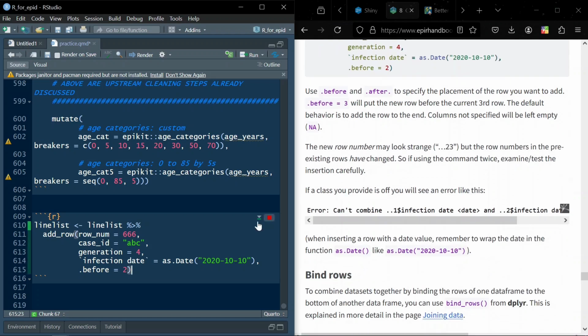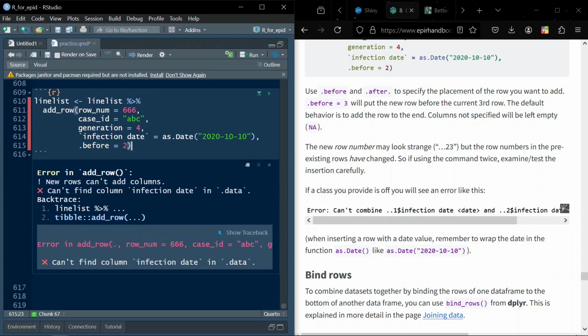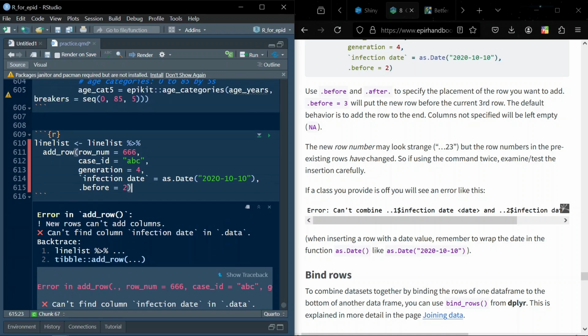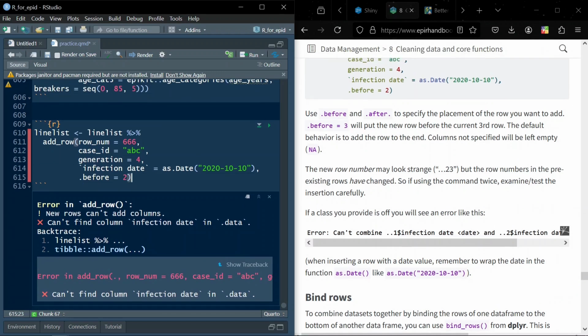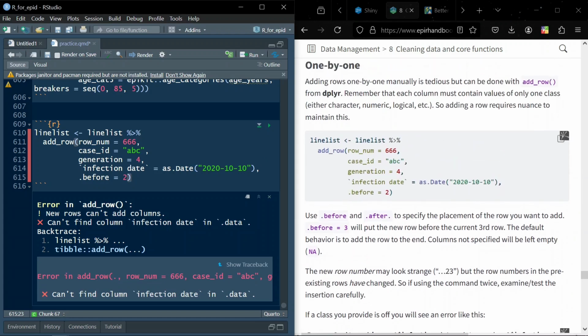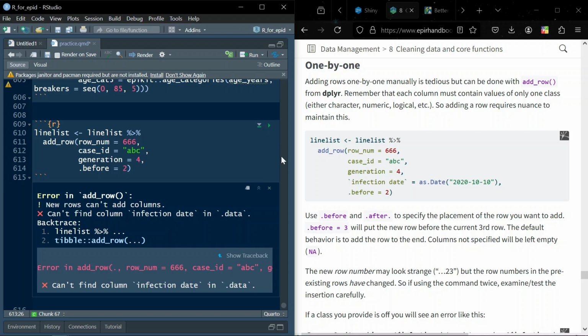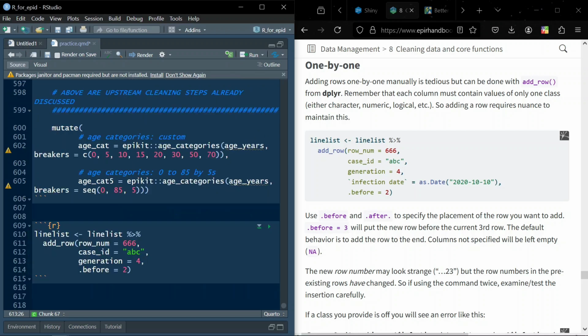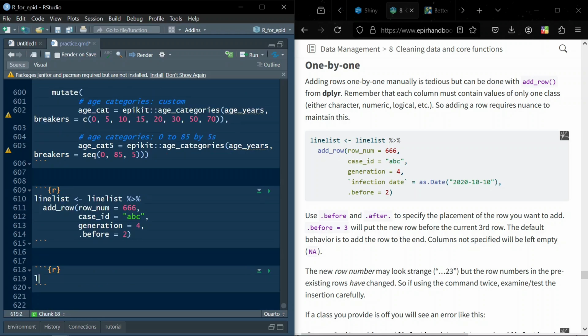So when you run this now, okay, it's telling us it can't find the column infection dates, so I don't know. Maybe I should just remove it. Let's just run it as an example. If you run this now and check for this particular row, let's see. I say linelist